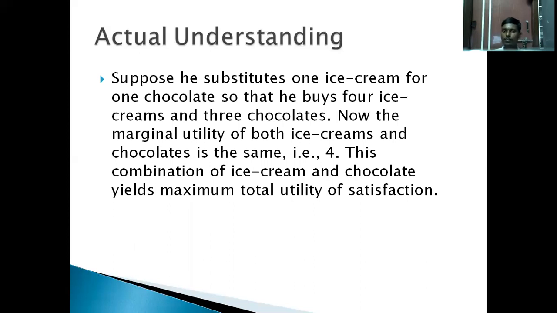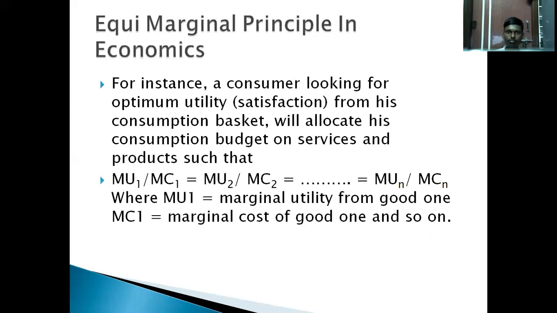He can buy 4 ice creams and 3 chocolates. Means by decreasing one item, he is going to buy more items. Equi-marginal principle in economics, how it will be useful. For instance, a consumer or a customer looking for optimum utility or satisfaction for his consumption basket will allocate his